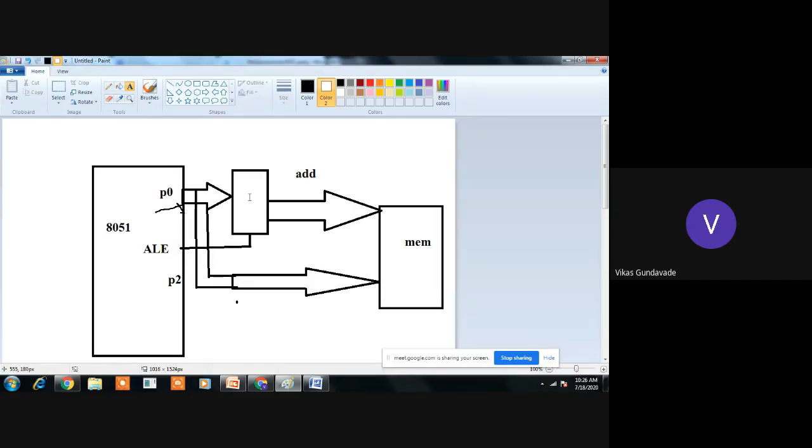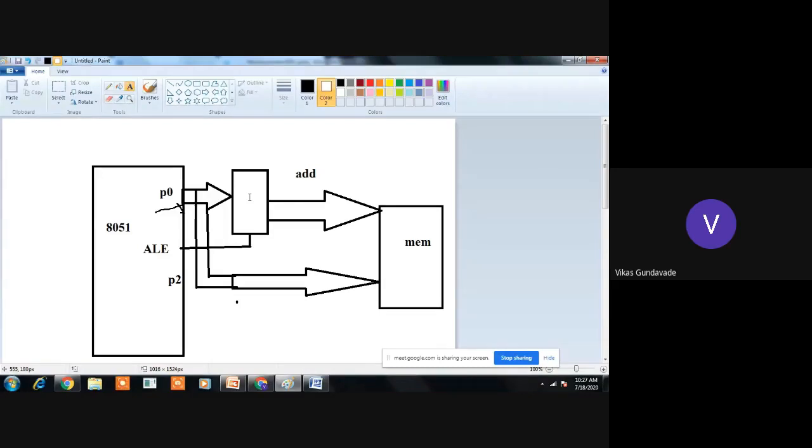Okay, so port 0 holds the lower 8-bit address and data bus, the multiplexed address data bus, which will get demultiplexed by using 74LS373. In the last lecture we have already seen some chips, the first being 74LS244 and 245.